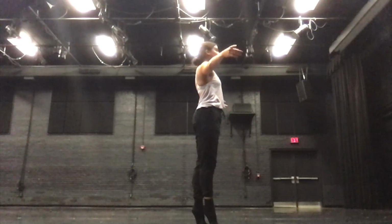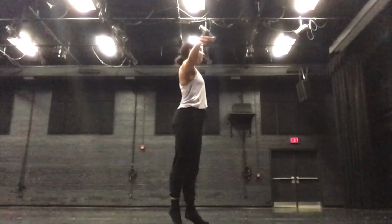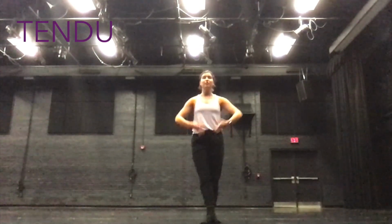Hold. From your releve, you're going to trace your front foot passe, replace, other side will start. From fifth,